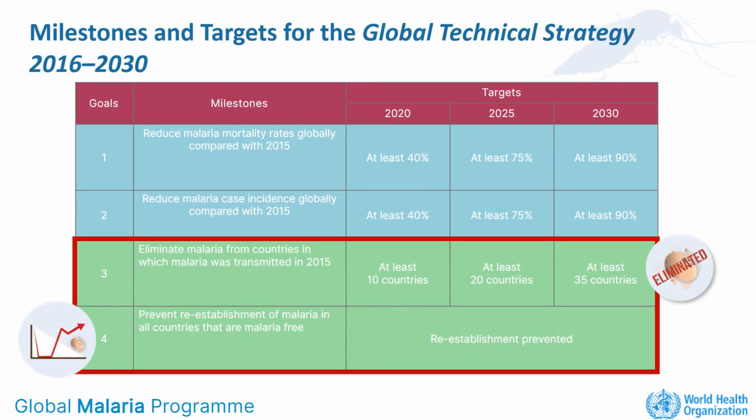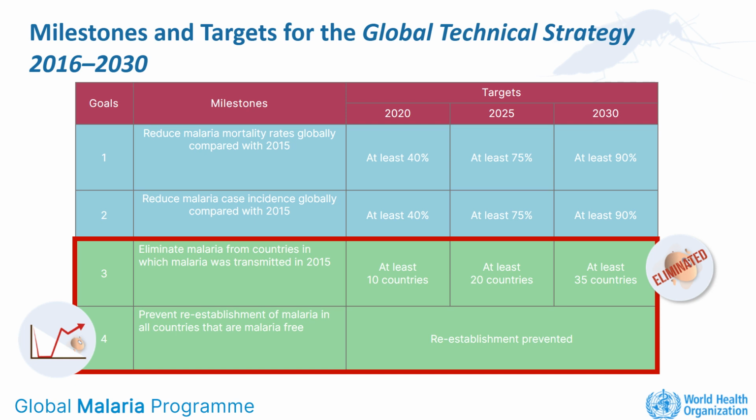The GTS has proposed concrete milestones and goals to evaluate whether the strategy is successful. These milestones and targets are listed in the table here. Goals 1 and 2 are related to burden reduction. By 2030, the world has agreed to achieve a 90% decrease in malaria mortality and malaria case incidence compared to